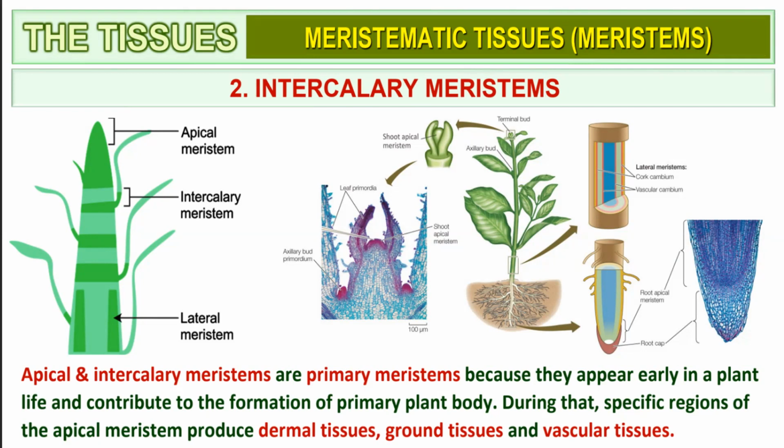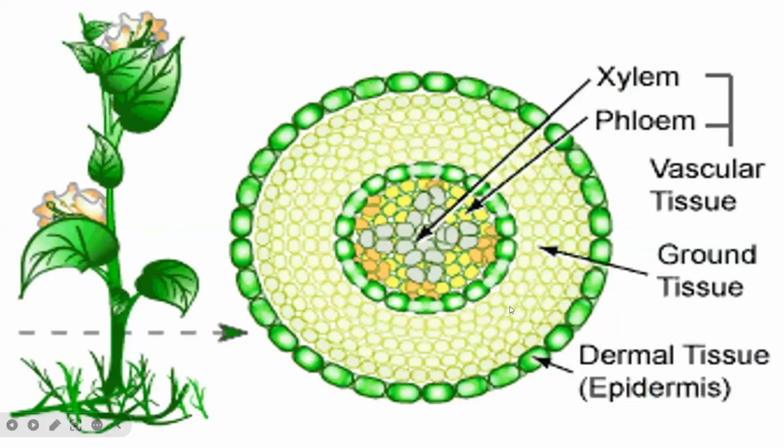Then this is present in dermal tissue, ground tissue and vascular tissue. If you cut a section of a stem, you will find three types of tissue. This is what we have to study. The tissue systems: ground tissue, dermal tissue and vascular tissue. To show what it is, see the next slide. If you cut a stem, this is ground tissue.